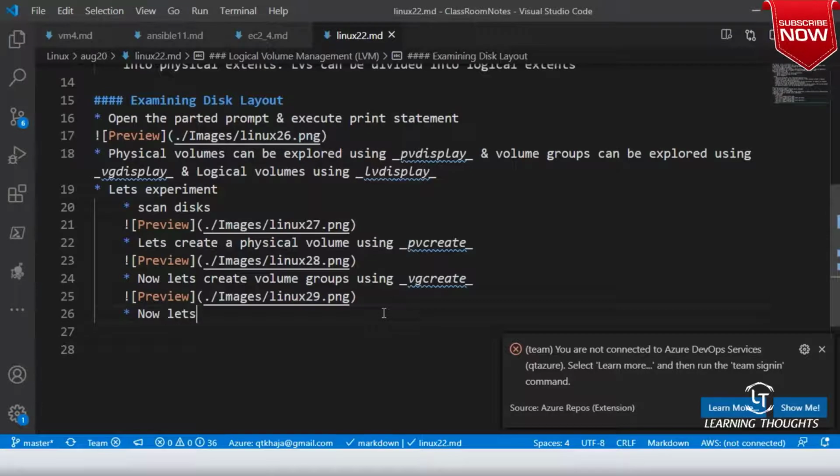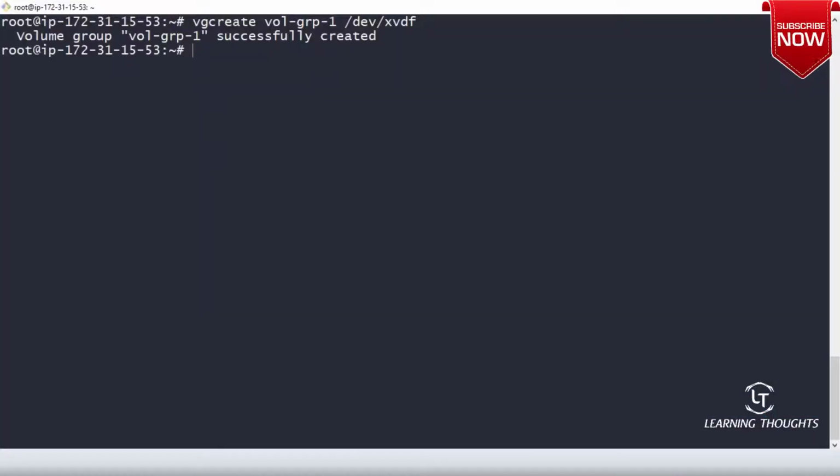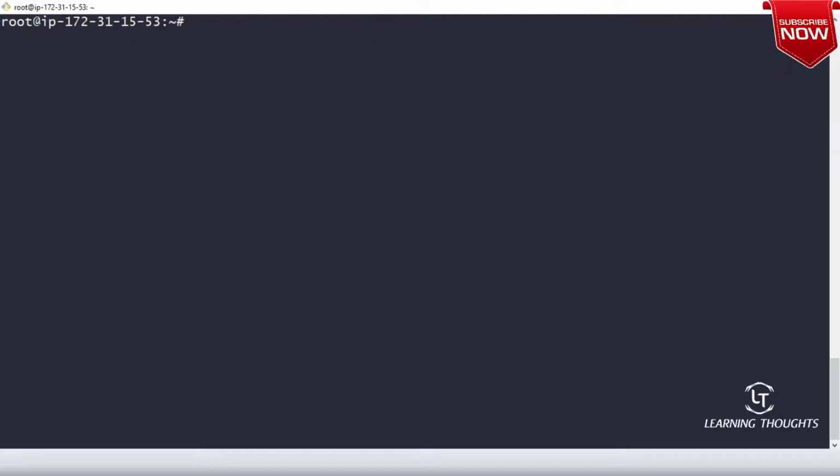Now, let's create a logical volume using lvcreate. lvcreate -L, here you can give the size.